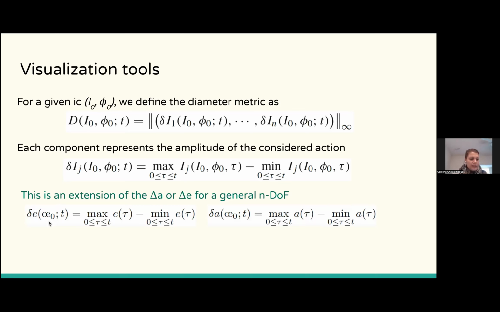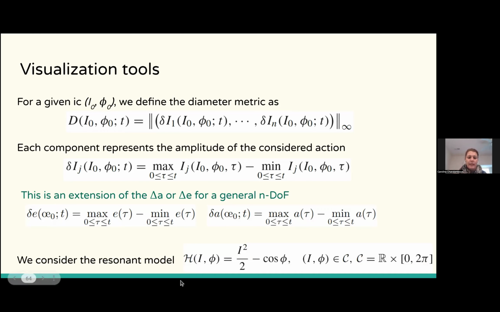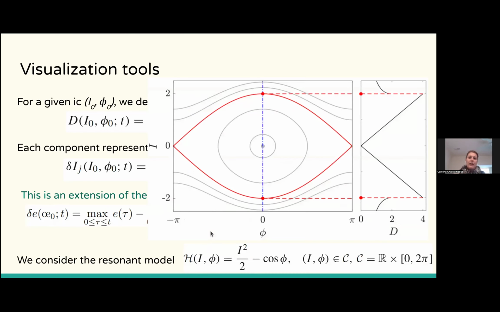So we use this to analyze the behavior of the D metric of a low-dimensional model, like, for example, the pendulum, as we discussed for some time now. And in the action-angle plane, we have, once again, the cat-eye typical structure. And we plot the landscape of this metric D that I showed you before. So for a fixed value of the angle here, we plot the landscape of the D metric,